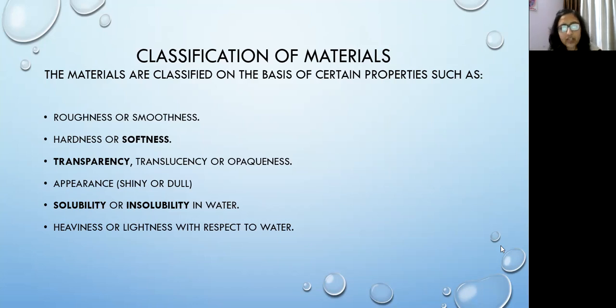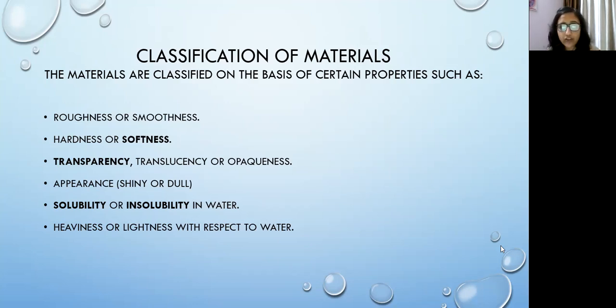So these are the properties of the materials, right? On the basis of which we are going to classify all these materials, on the basis of the requirement of the objects which we are going to make. वो objects जो बनेंगे वो किस use में आएंगे? So according to that, we are going to classify these materials. So these materials are classified on the basis of certain properties, such as the properties which we are going to study in this